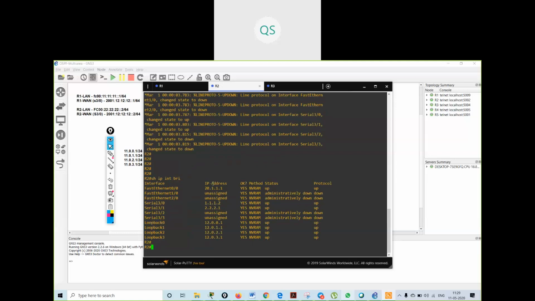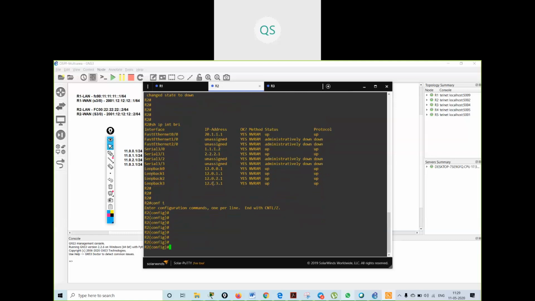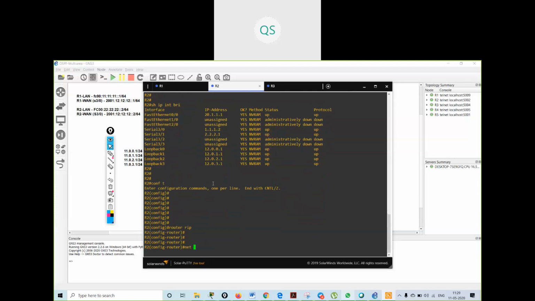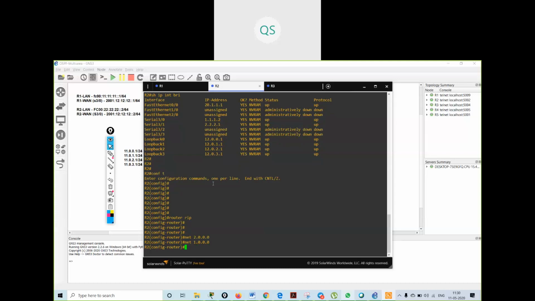Now I will go on R2 and advertise inside RIP. I will say router RIP, network. I am having 2 dot network, 1 dot network, and 20 dot network.